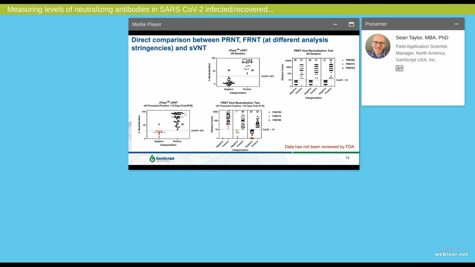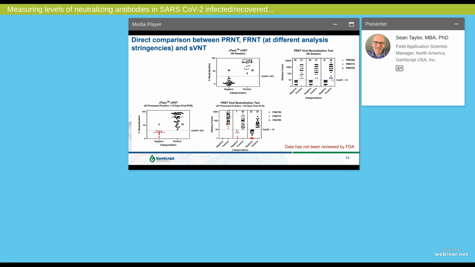So very nice data corroborating live cell tests with Cpass, and a message of caution as well with these live cell tests, that you have to be very careful as to which level of sensitivity is used in these tests, because depending on the level of sensitivity, the data can either change dramatically, as we see here with the foci test, or it can still change significantly with the plaque reducing test, where 2 samples became positive by using a